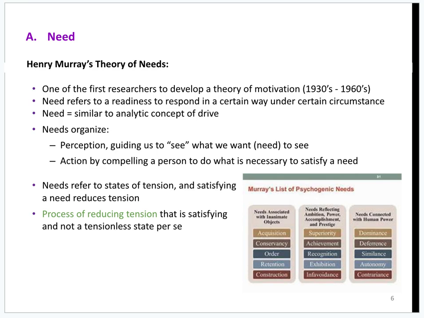So let's say that right now we are tensionless. We are sitting here and we are not needing anything and we are at peace with everything. No tension. Then the tension increases till you get hungry, right? And you're starving and you have this deficit. You eat. It's not the eating necessarily that is satisfying. It's the return to the tensionless state. That return back to normal is what is satisfying.